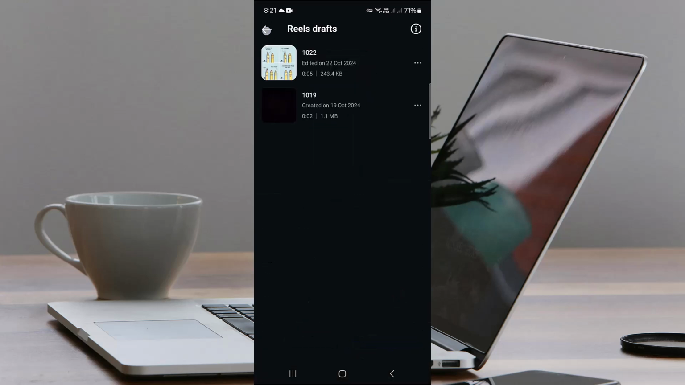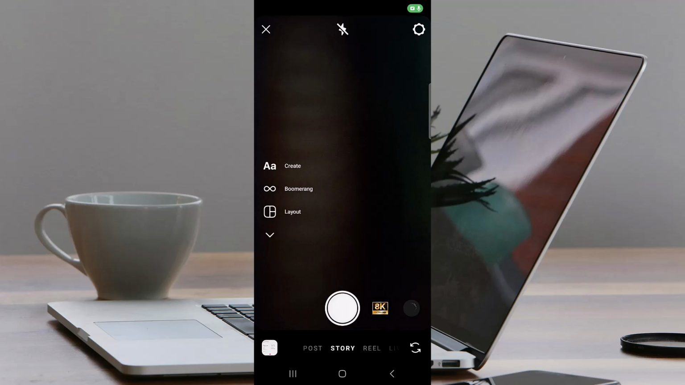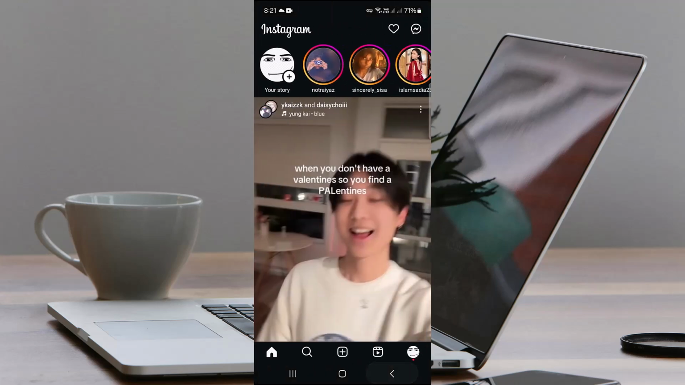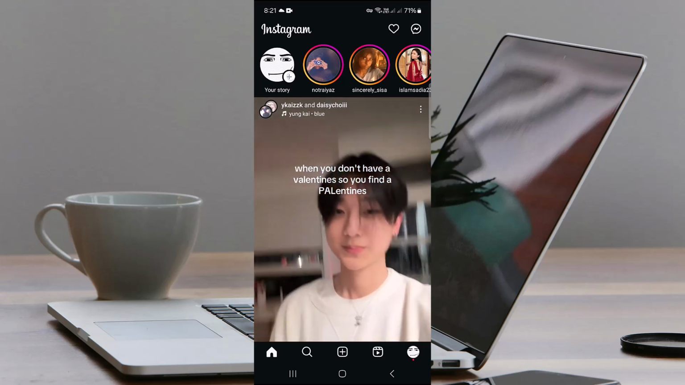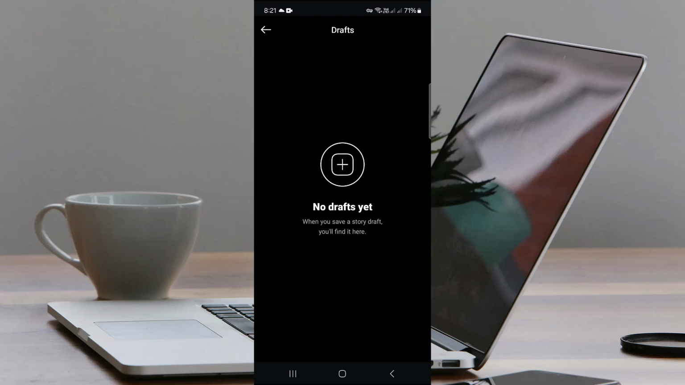So if you want to see your story drafts, just go to story section, and here just go back to this camera section, and in here you will find the drafts on the top left. Tap on it, and here, as there is no draft I have saved yet, there's no draft, but if you have saved them, you will find them in here. So yeah, this is how you can just